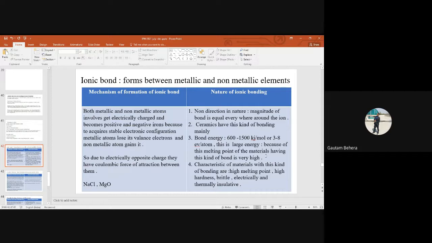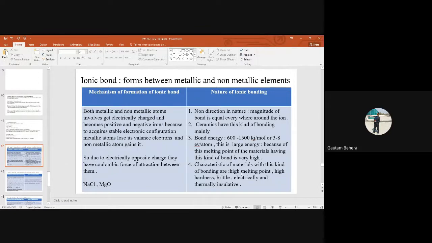Fine. So due to this high bond strength or high bond energy, the melting point of a material having this kind of bond is very high. That's why ceramic materials have very high melting point. The carbides, the nitrides, the borides, silicates, those have very high melting point because of this strong bond strength, right? Because the bond energy or bond strength is nothing but the amount of energy required to break the bond, right? So if you want to make the solid into liquid, you have to break the bond, right? So more energy will be required. So that's why they have high melting point.